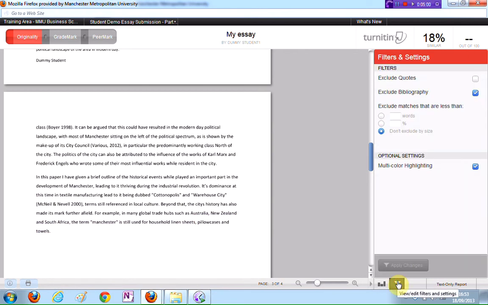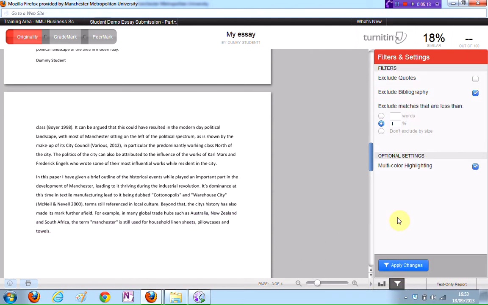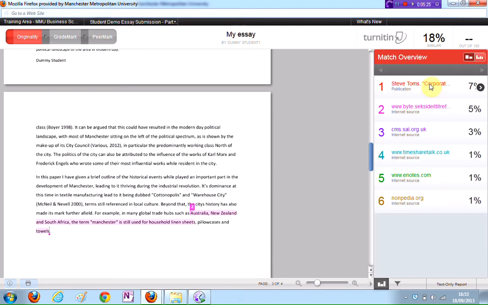Some of these are sometimes set by default by your lecturer, so it may be that they decide to set the small matches. So you'll see that if I go back to my list, there's a couple here that are popping up as 1%. If I set my filter to exclude anything that's 1% matched or less, that is 1% of your overall paper which is matched to a single source, and then I click apply changes, then that will drop again our similarity,